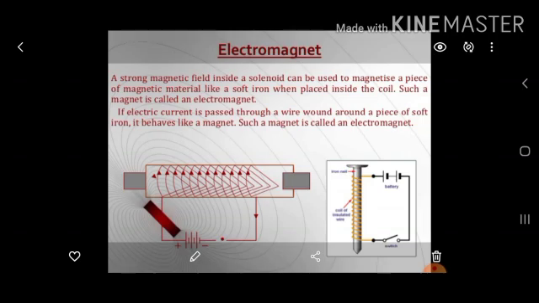You can see the diagram of the electromagnet here, where the soft iron is taken in the shape of an iron nail, and the insulated wire is wound around it, and it is connected to a plug key and a battery. Once the power is passed through this soft iron core, it behaves like an electromagnet and starts attracting small pieces of magnetic substances. When you turn off the plug, electricity is not passed and it does not behave like a magnet. This is called an electromagnet.